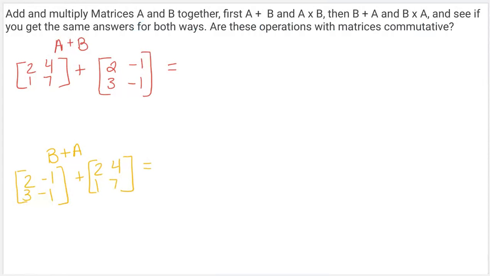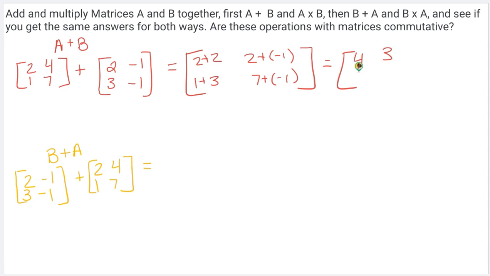Here we're going to be adding matrix A and B together to see if they're commutative, and then on the next slide we're going to be multiplying them to see if they're commutative using multiplication. So here, again, with addition, you're just adding each of the different components. So we would end up with a matrix that has 2 plus 2, and then 4 plus negative 1, 1 plus 3, and 7 plus negative 1. So the sum of matrix A and B would ultimately be